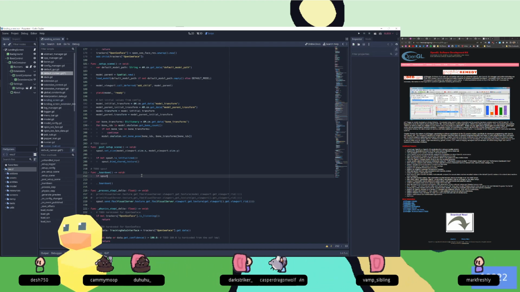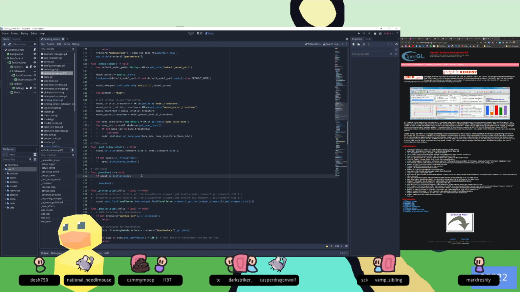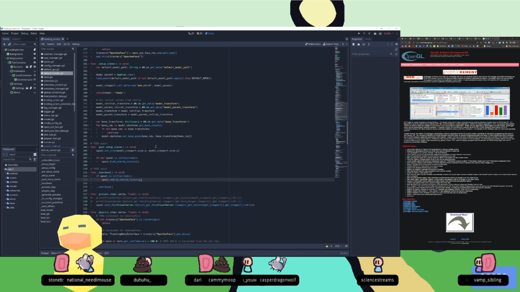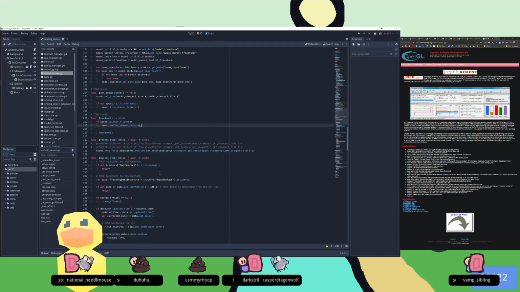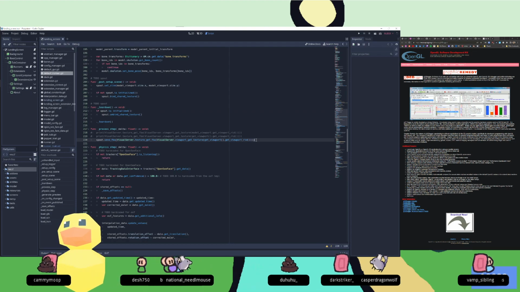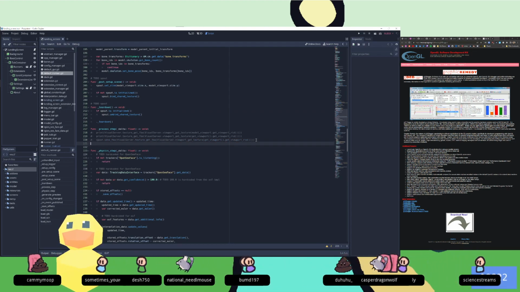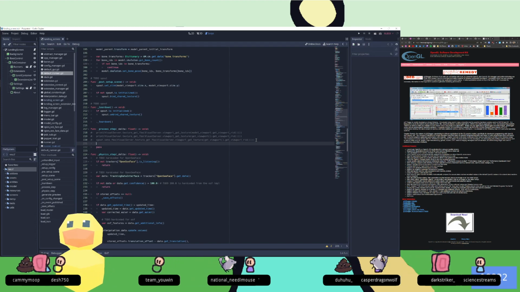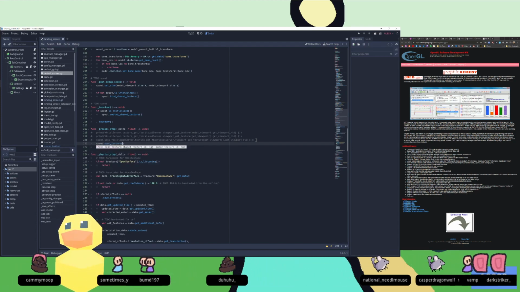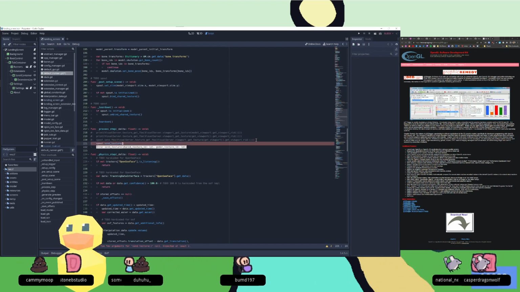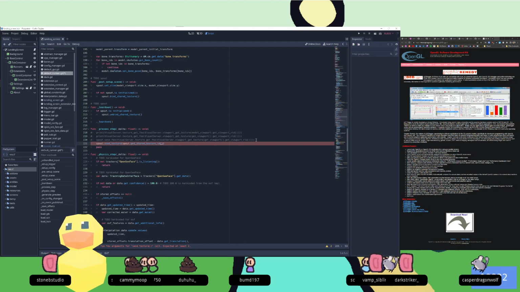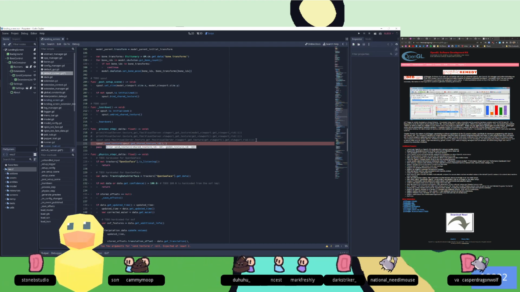So if spout is initialized, then we want to do spout unbind shared texture. Okay, I think that'll work. And then here, instead of sending the FBO, what we can do is spout send texture. So we need to get the shared texture, which is spout get shared texture ID, and then we'll do